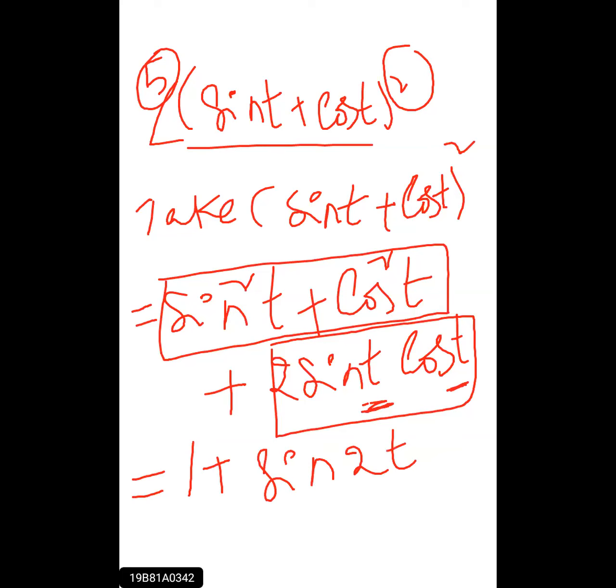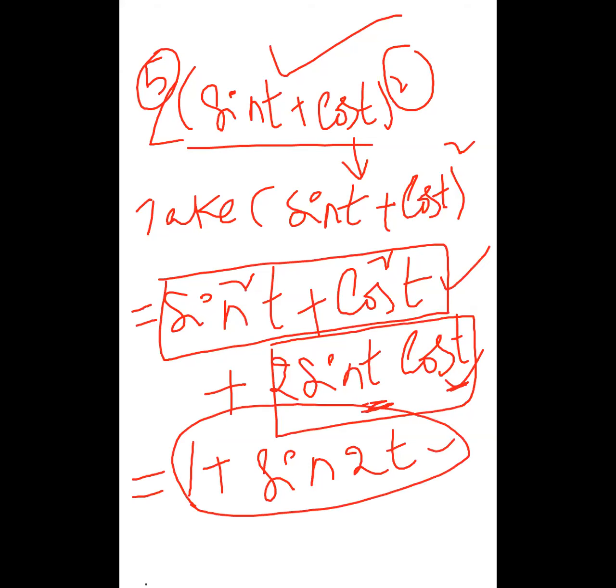So for the given problem, sin t plus cos t whole square, it is not possible to apply the Laplace transform directly. So we expand sin t plus cos t whole square as a plus b whole square. After expanding, observe that two resulting terms: sin square t plus cos square t equals 1, and 2 sin t cos t is converted to sin 2t. So now it is possible to apply the linearity property. So sin t plus cos t whole square equals 1 plus sin 2t.